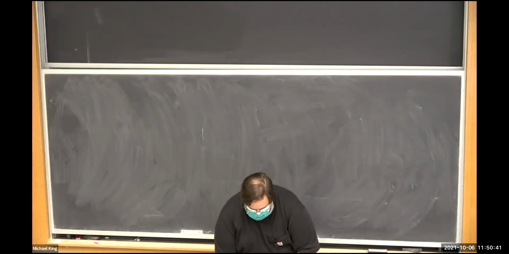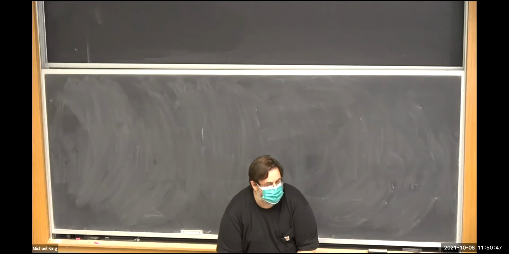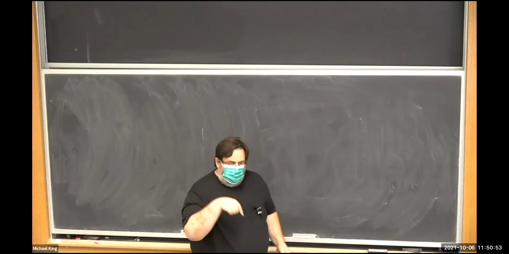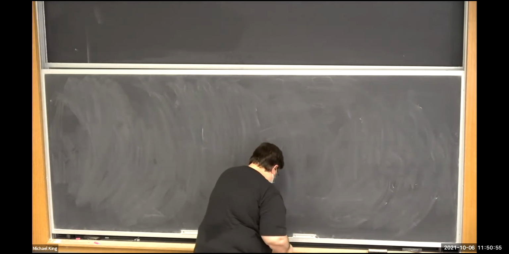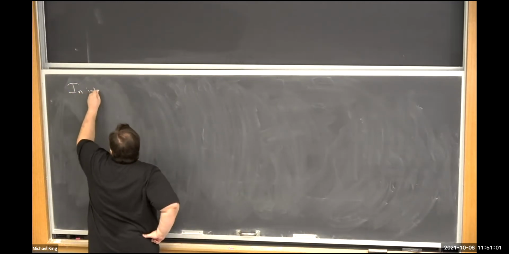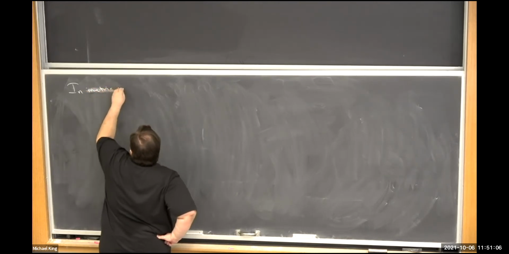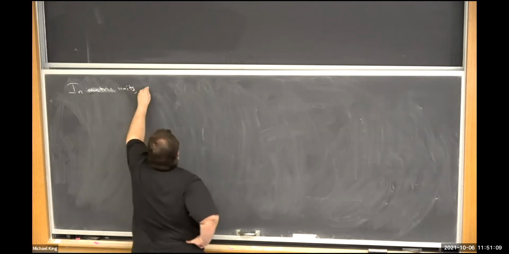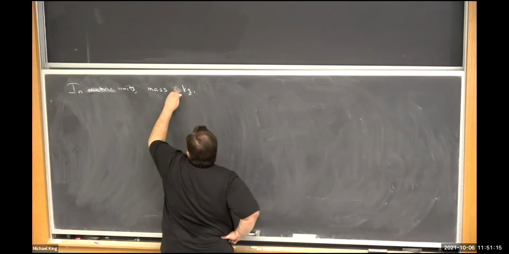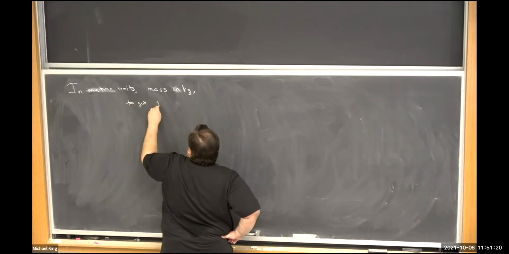So that's just one thing to notice: as soon as you have something in terms of a weight in pounds, it's already the force. Because weight is like a force, a downward force. So in international units, metric, I guess it's metric, I don't know what it's called, mass is in kilograms. To get weight, to get gravitational force,